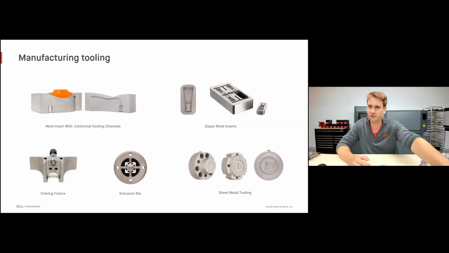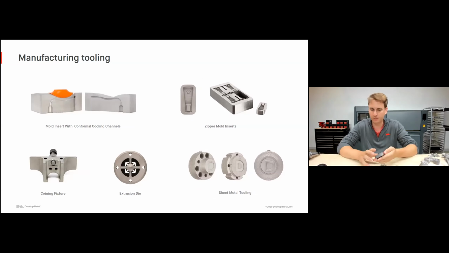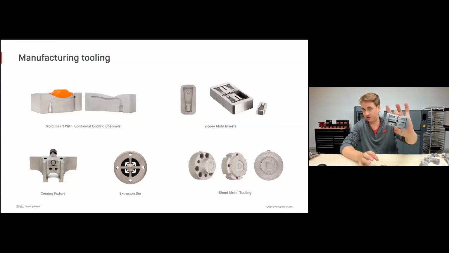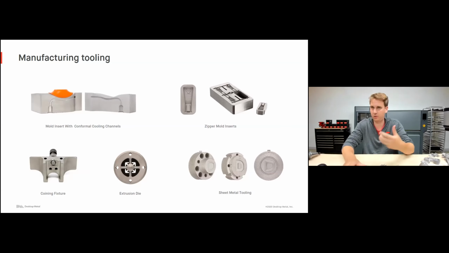Things like mold inserts that are going to be experiencing very high heat during the molding process. Zinc die casting, more mold inserts for the actual zinc die casting operation on a zipper. We'll talk about that part later. Coining fixtures, extrusion dies, sheet metal tooling, all excellent applications for the Desktop Metal machines because again, these are all tools that are relatively complex, very expensive, but almost always produced in low volume, making them